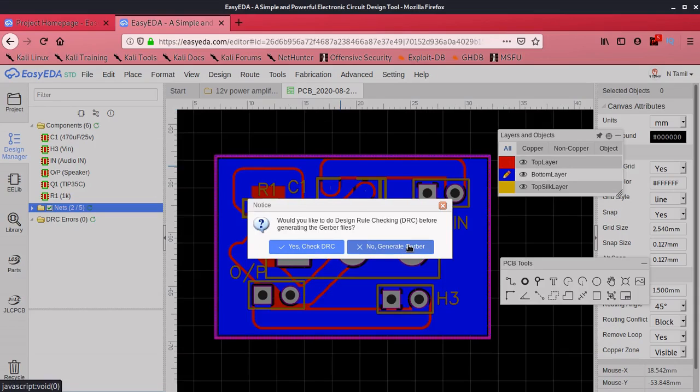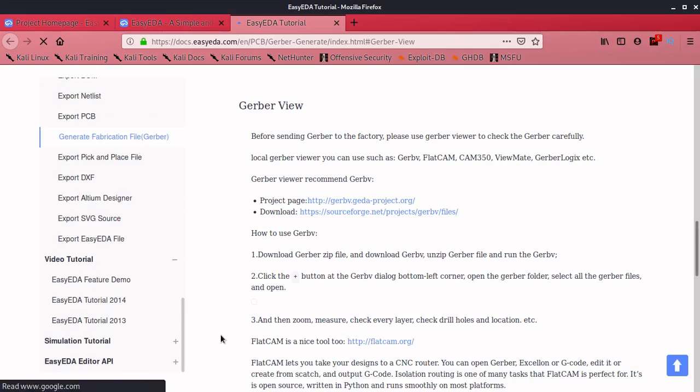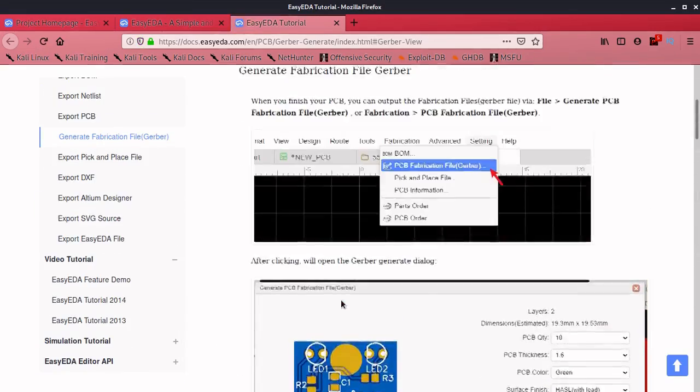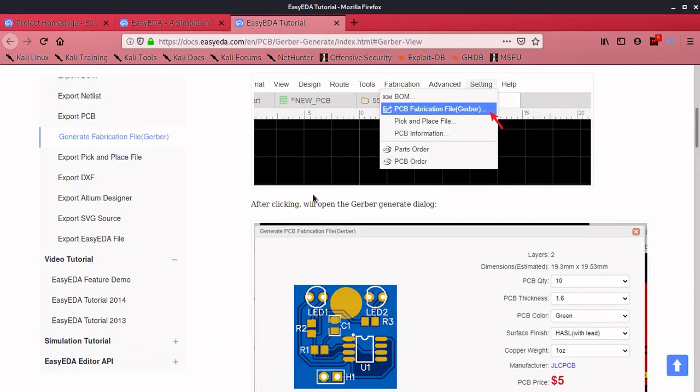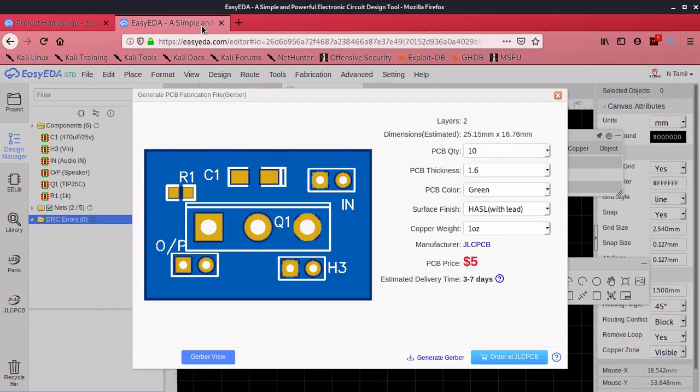So we have already checked the error, so I can click check DRC only. Then you view your design. You get this Gerber view, and it will be very useful for creating a PCB on your own, or you can also purchase it.